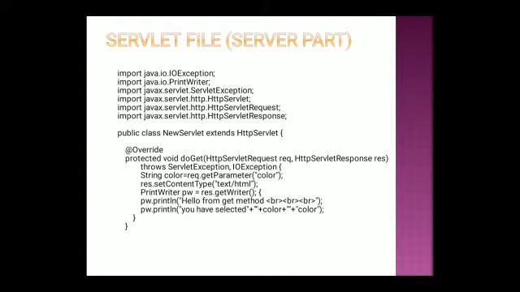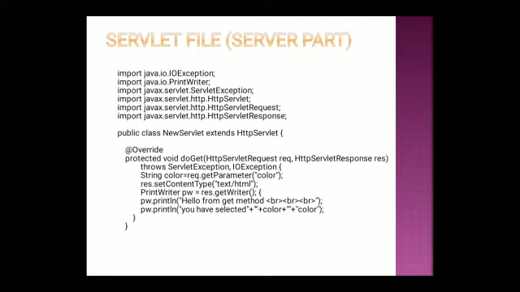As we have already created a servlet, it is public class new servlet, which we mentioned in the action part of your HTML, extends HTTP servlet. So what is this override? This doGet method is going to override the service method. It's all the same; the only thing is we are restricting to the HTTP protocol. If it is get, then it will be doGet, and if it is post, then it will be doPost. That's how it works. In the get method, we use one HTTP servlet request object and one response object, which may throw a servlet exception or IO exception.